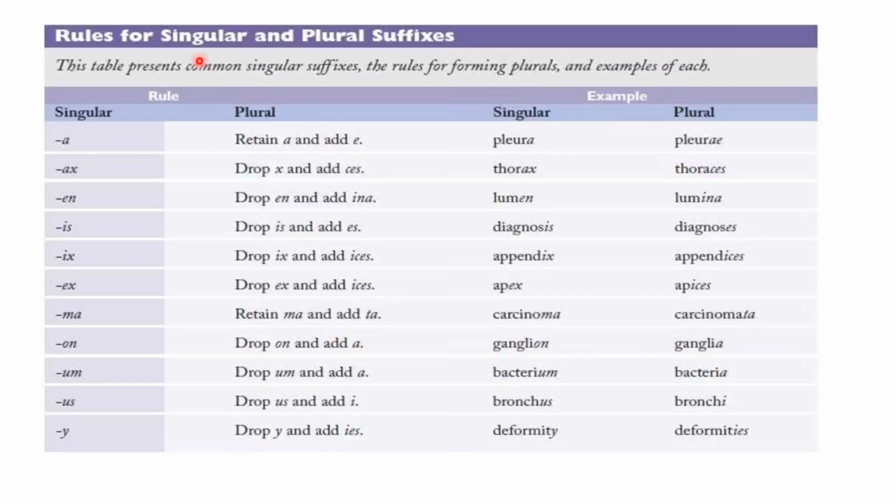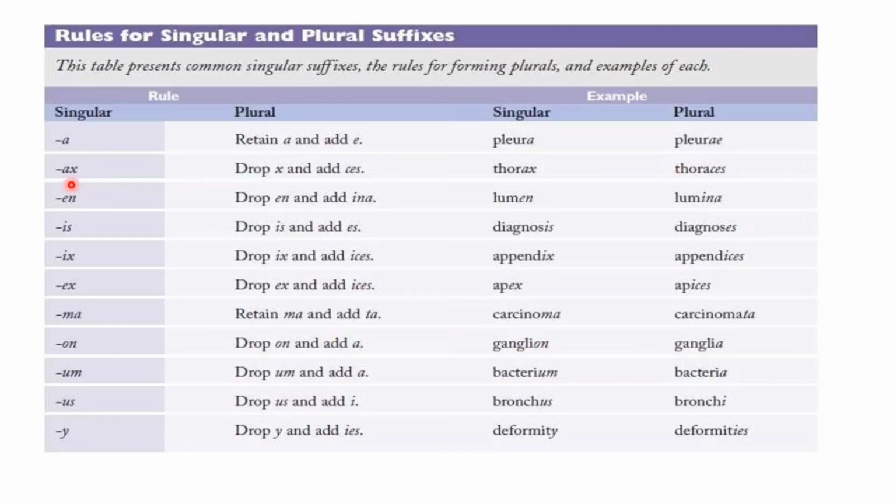Now we will see rules for singular and plural suffixes. If the singular suffix is -a, and we want to make the plural, then retain a and add e at the end. An example is singular pleura, and the plural is pleurae.